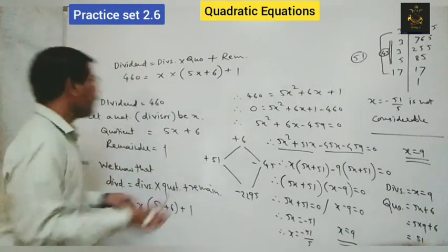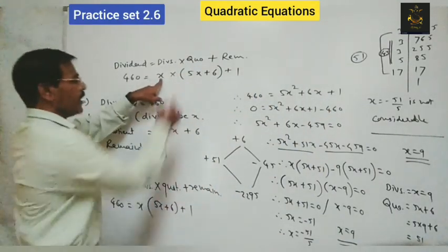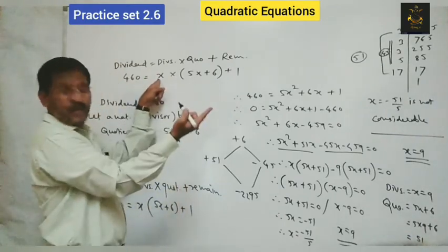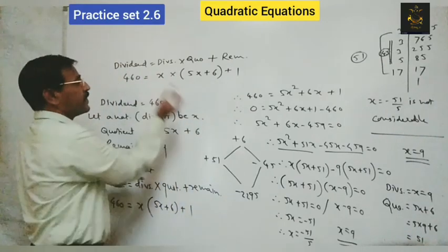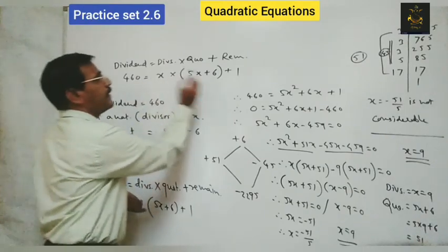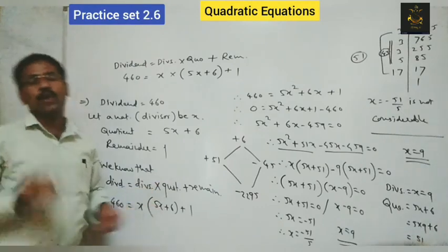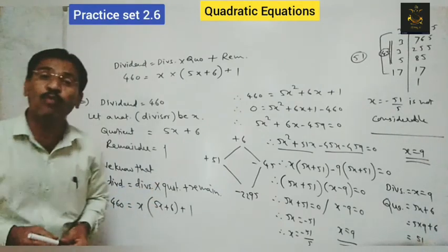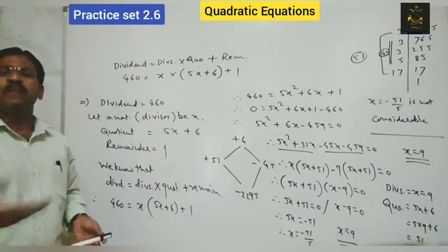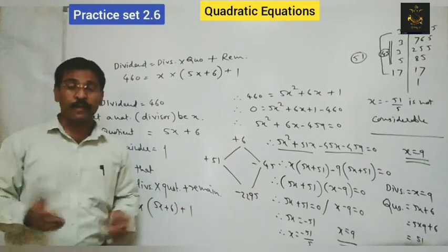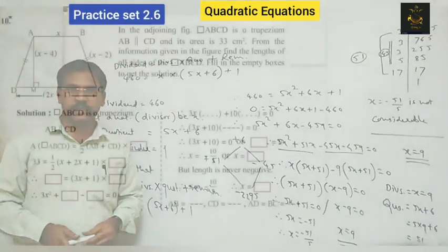Look here, try to verify. Put here 9 and here 51. 9 into 51, it is nothing but 4, 5, 9 plus 1, 4, 6. Understand friends? Like this, we can solve all these word problems. One more example we'll take. In that, let's go to the computer screen, because it is an activity example. Okay, friends?